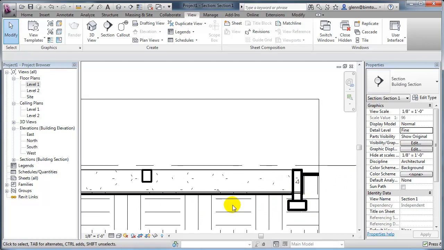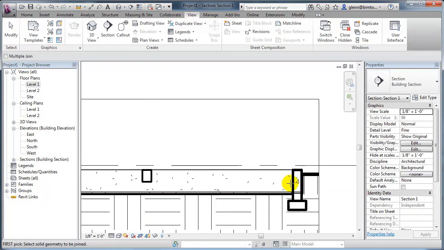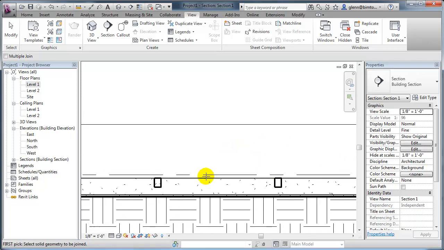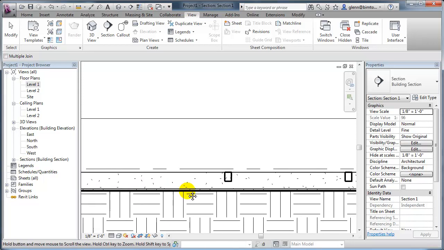We can join some of the things together. For example, if we want to see that footing detail closer to this, what we can do is come over and, I think I have to choose one first. And I can say join. Let me join this piece to that piece. Okay, that'll clean that up a little bit. But we'll do some more things to clean up the details a little bit. The important thing to note here is just that